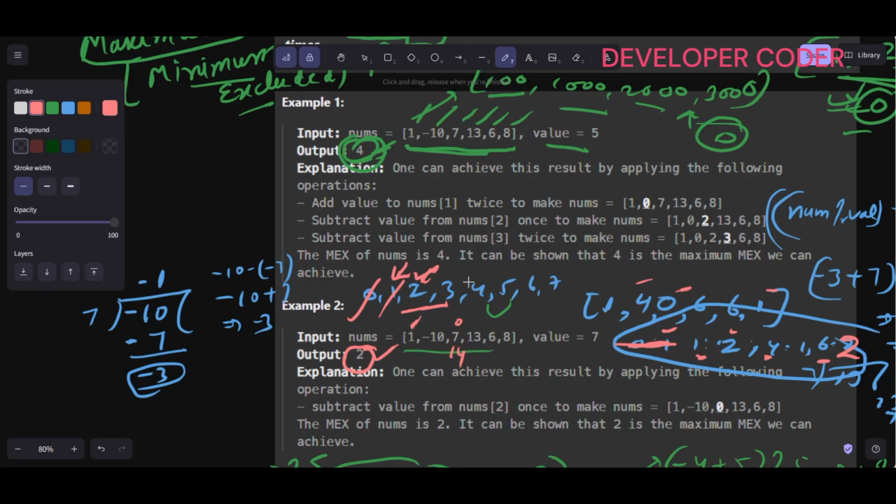Let's say 3 is also possible. 4 is also possible, 5, 6, 7 are possible, let's say like that. So here 0 is possible. Let's say 0's frequency is 2 in my case. If 0's frequency is 2,